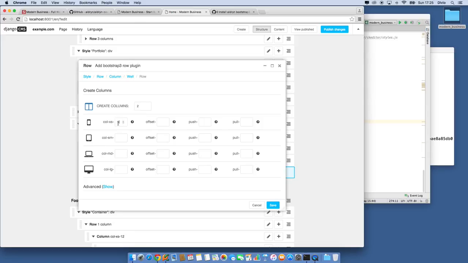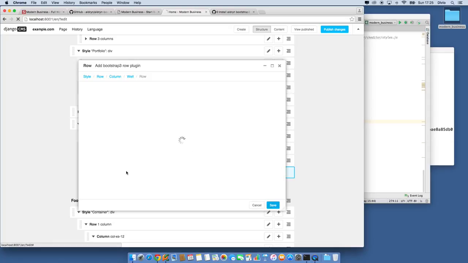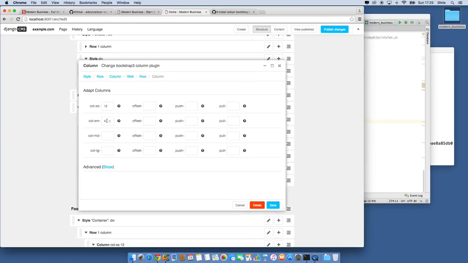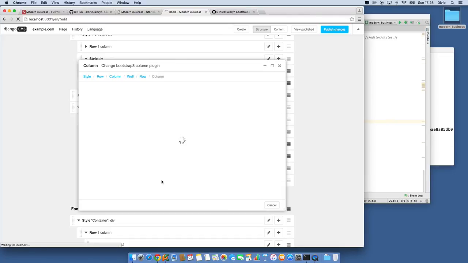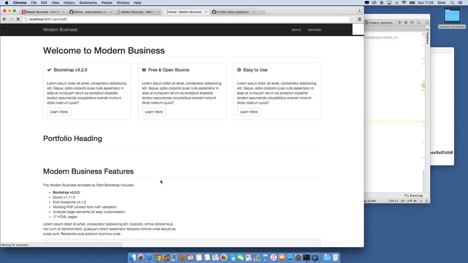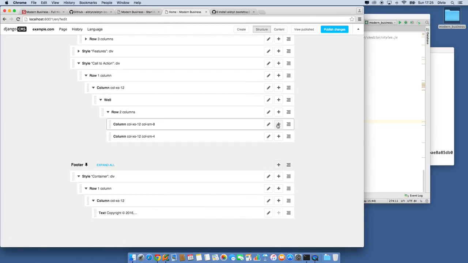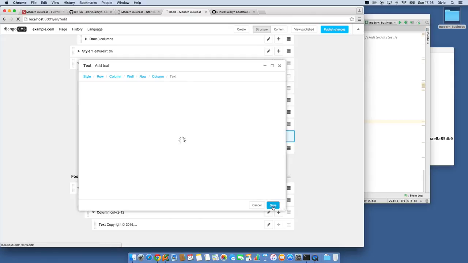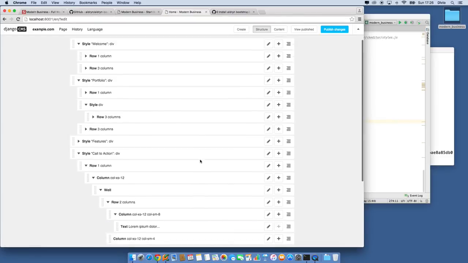I'm going to specify them to be, well, they're going to go all the way across when they're small, but they're going to be only a third of the way across the rest of the time. And it's going to give us 2, and I'm going to change the width of one of them. So the first one is really supposed to be 8 of the 12 columns, or 2/3 across, and that leaves the other one at a third. Alrighty, and then inside the first one, we're going to add some text, which is what's in my clipboard right now. Boom. And the other one, we're going to add a button with a custom class to make it go